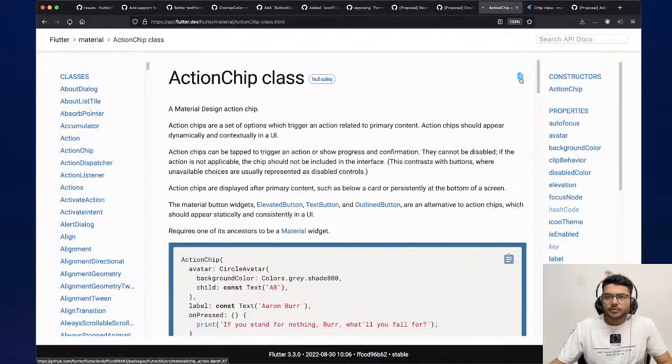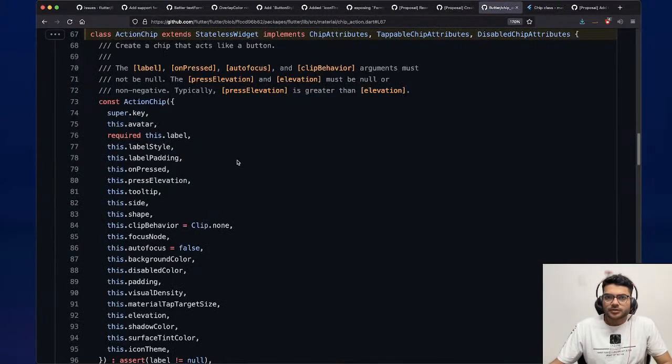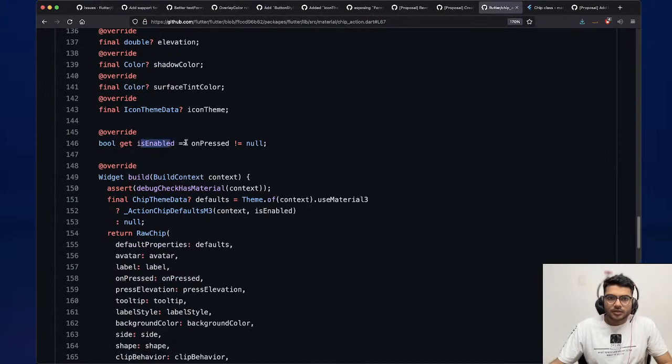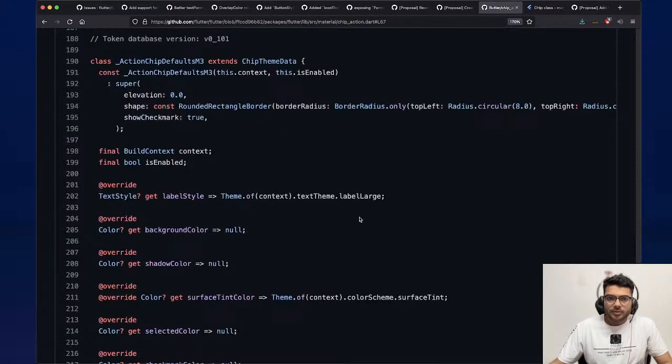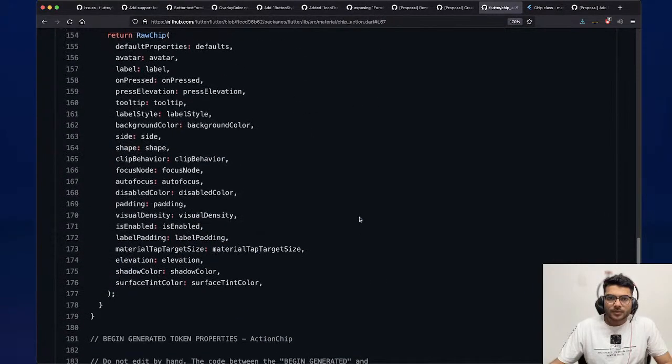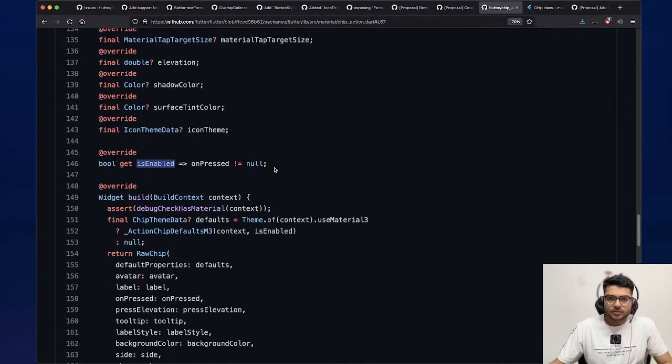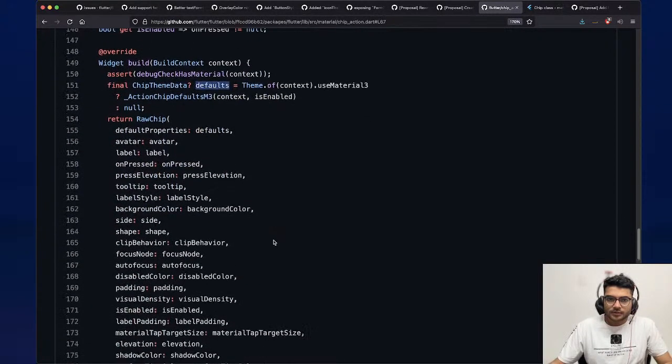Action chip is something that is supposed to be migrated. It has an enabled and non-enabled state, and depending on isEnabled, defaults will be used like this. Otherwise, the defaults will be